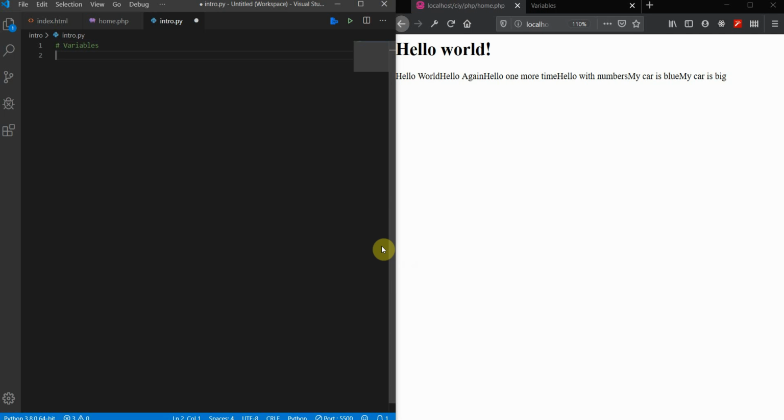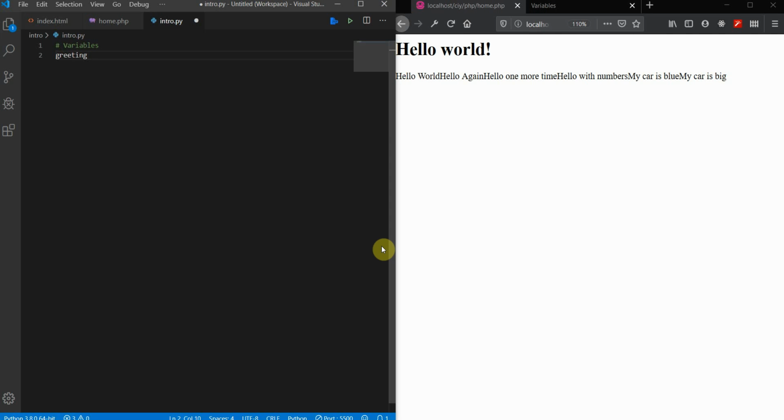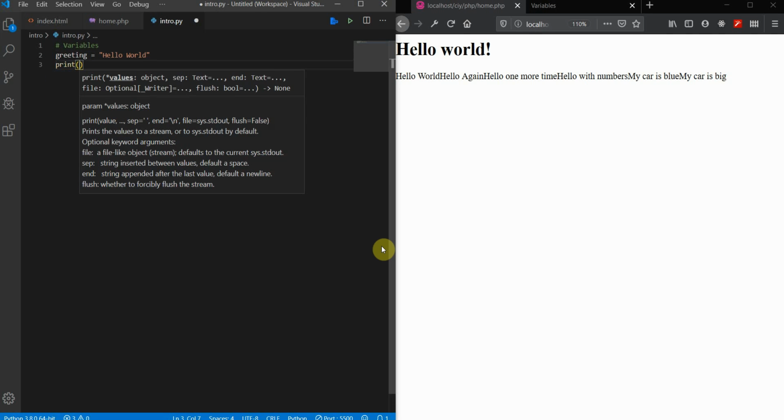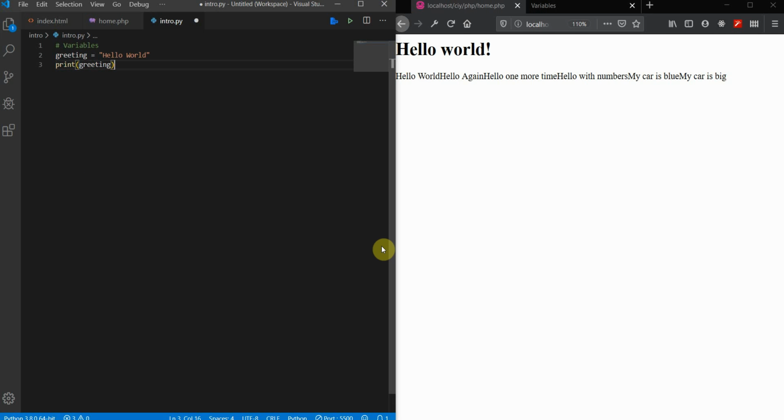All right, so for example, if you have a variable called greeting, and then declare a value, just do hello world. That's it. You don't need semicolons or anything. Just bump on down to the next line. And if you want to print it, just print and then the name of the variable like this. Okay, so that's pretty straightforward. So if you want to output this,